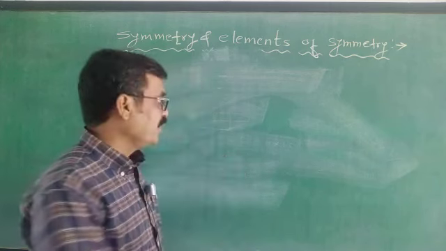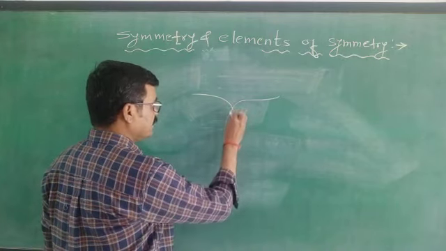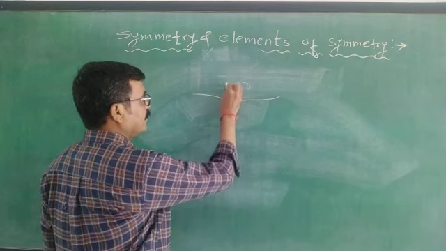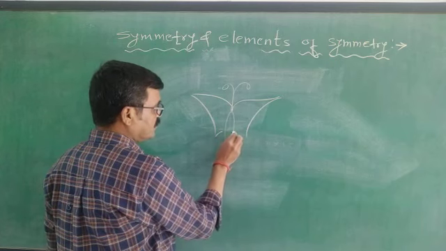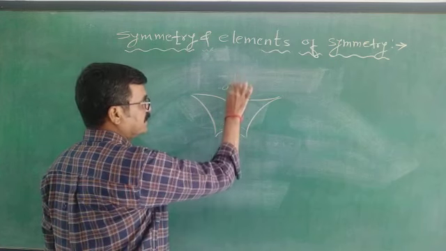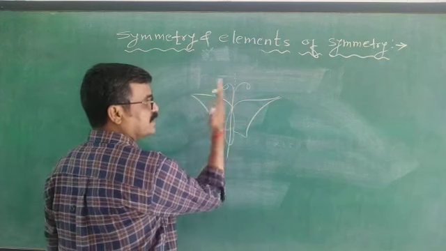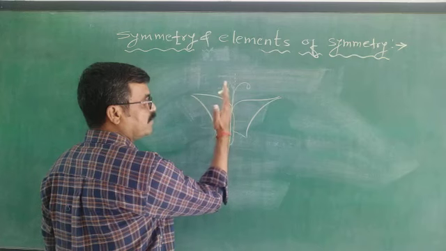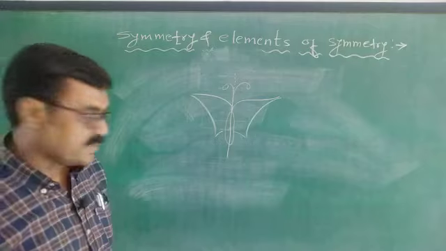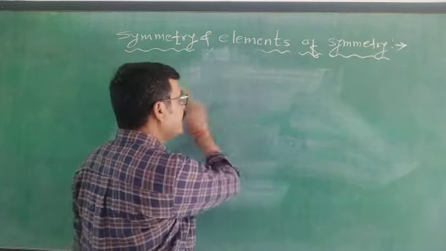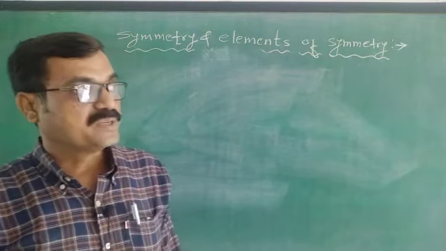Okay, now if we have a butterfly, you know the example of butterfly. This is a butterfly. Now in this butterfly, if suppose we have to study the symmetry, if we cut it through a plane, then it gives 2 equal parts. It is a plane. Okay, it has a plane of symmetry. First example. Now in this way you know symmetry, plane is also possible, you know axis of symmetry, point of symmetry, plane of symmetry.